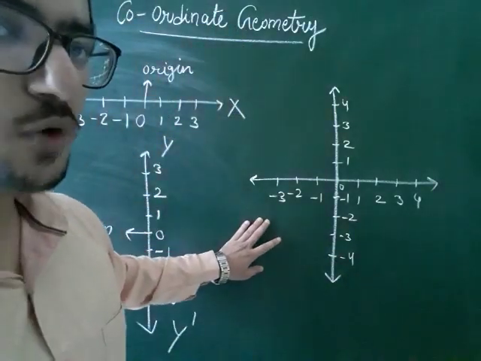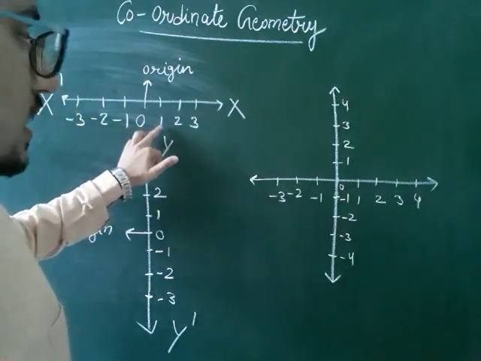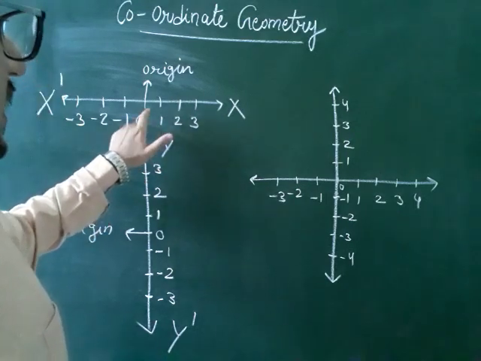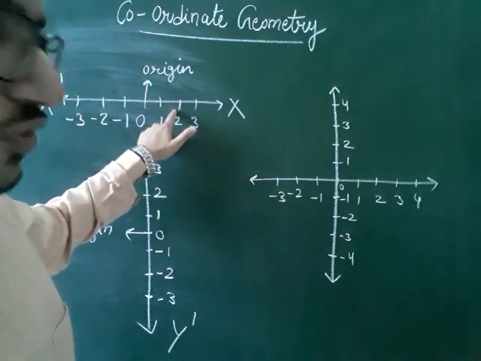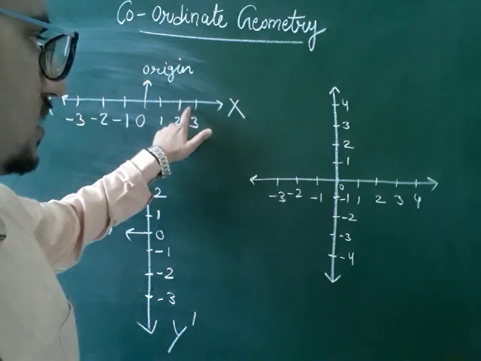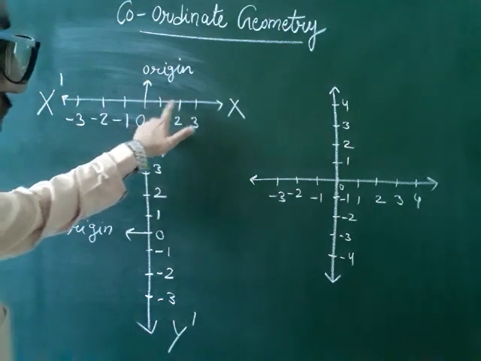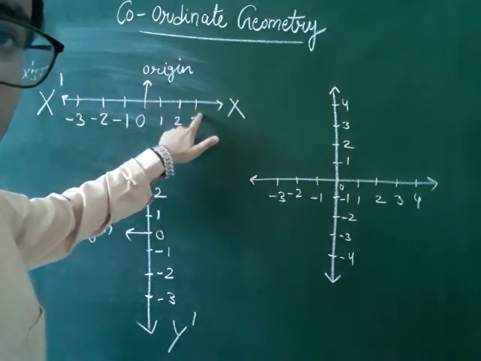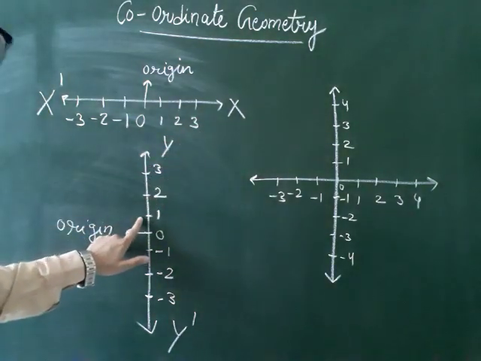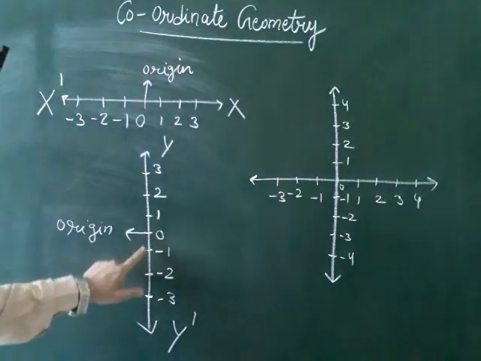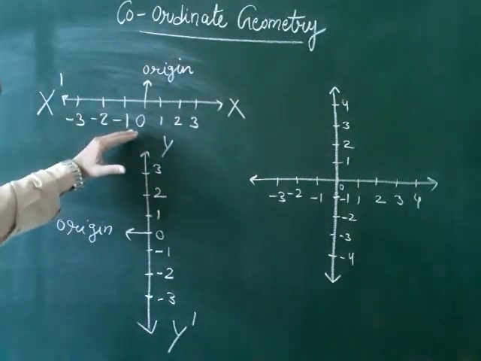You all know the basic properties of these number lines. The numbers which we have denoted here are at equal distance from the origin. If the distance between 0 to 1 is 1 unit, then the distance between 1 to 2 will also be 1 unit, and the distance between 2 to 3 is also 1 unit. Means 0 से 1 का डिस्टेंस अगर 1 यूनिट है तो 1 से 2 का डिस्टेंस भी 1 यूनिट होगा, 2 से 3 का डिस्टेंस भी 1 यूनिट होगा एंड सो ऑन. सिमिलरली हेयर 0 से 1 1 यूनिट होगा, 1 से 2 1 यूनिट, 0 से -1 1 unit, -1 से -2 1 unit. They are at equal distance from each other.